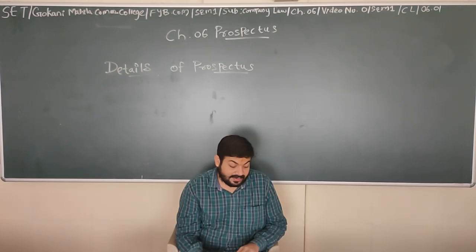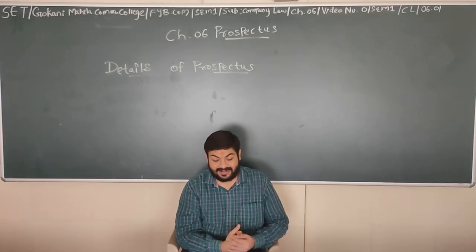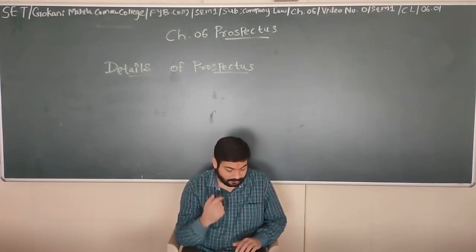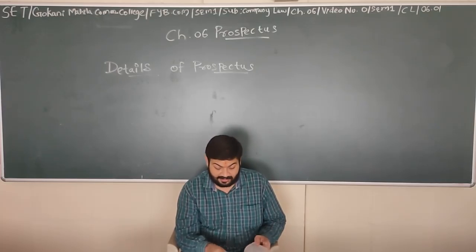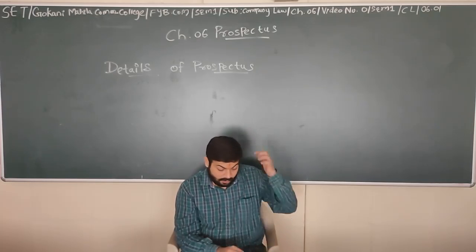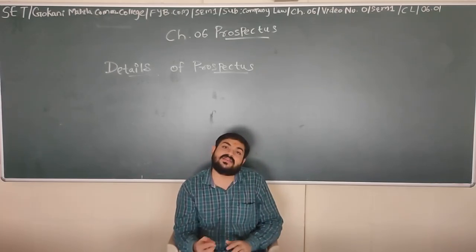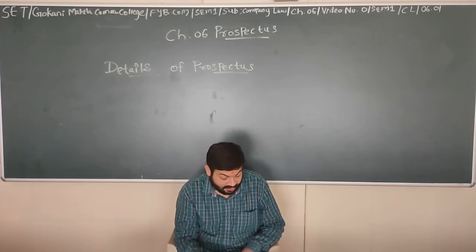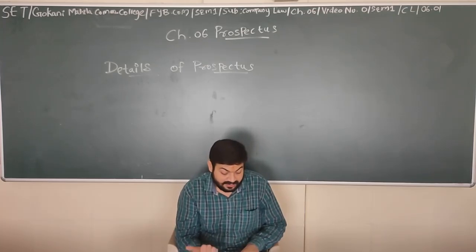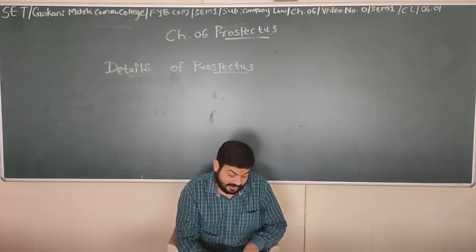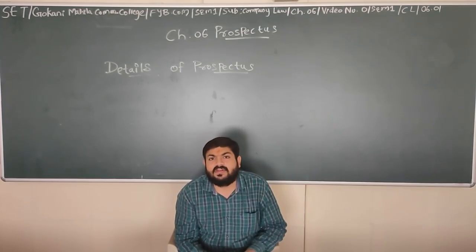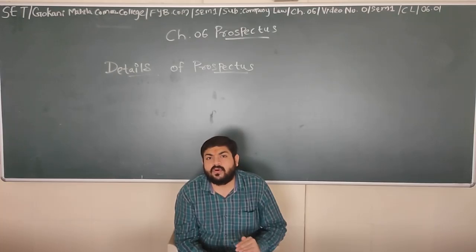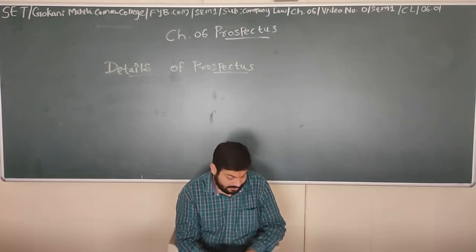Second comes details about the memorandum. We have learned in great detail about the memorandum and articles. You know very well: name of the company, address of the registered office, main and subsidiary objectives, the name, address, description of business, profession, and shares held by the persons who signed the incorporation clause. Every detail of the memorandum is given in the prospectus. When it was done, who signed, who the directors are, what the addresses are, everything.